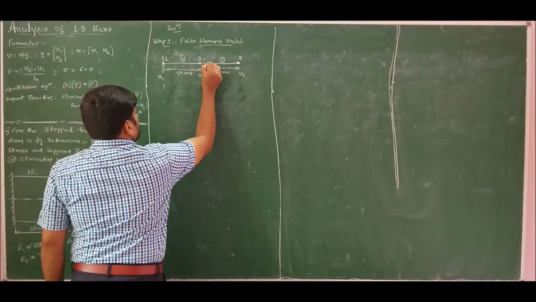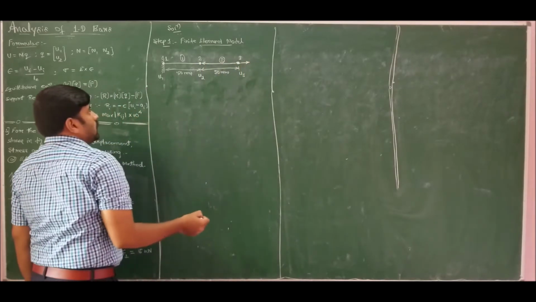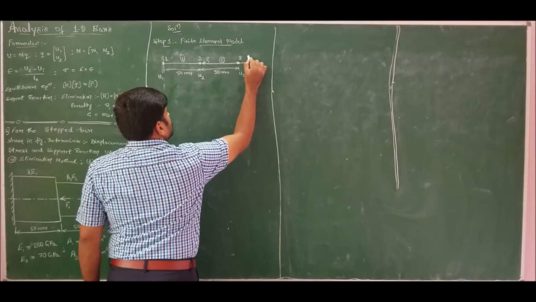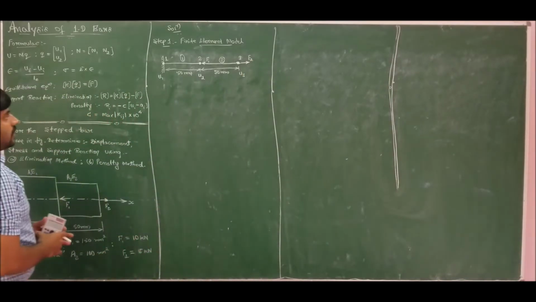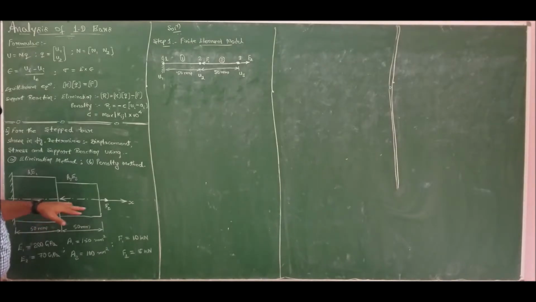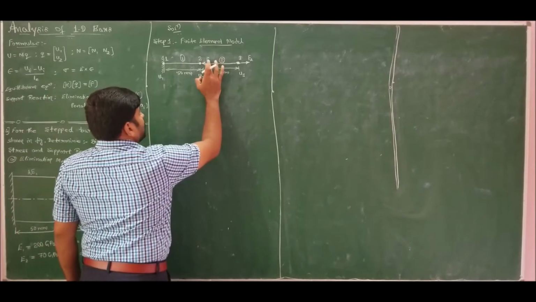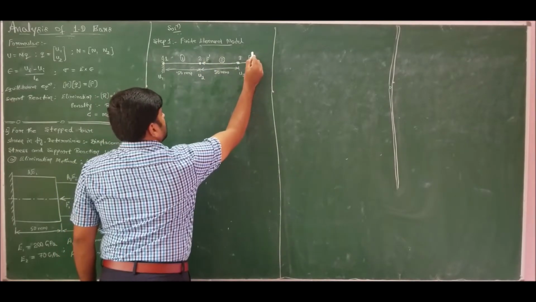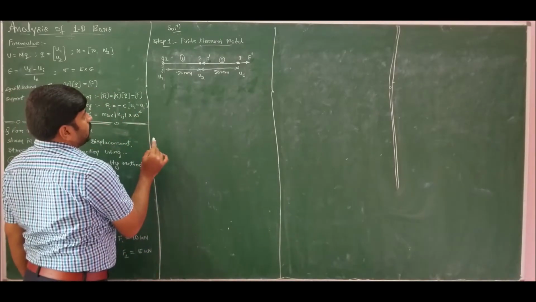We have application of loads F1 and F2 on node 2 and node 3. In the problem, the load is specified as F1 and F2 but it is placed on node number 2 and node number 3. So in order to avoid confusion, let us take these as F dash and F double dash. So this is the finite element model that we have.